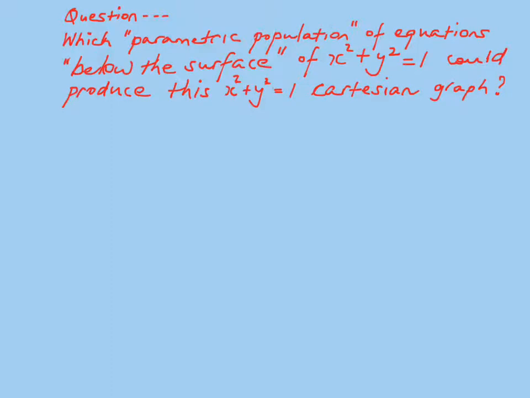Oh, goodness, I got another question. So what is this question? Which parametric population of equations, below the surface in the new world of theta driving the x squared plus y squared equals 1 equation, could produce this Cartesian graph? Well, I think we just had one before, didn't we? We said x was cos of theta, and we said y was sine of theta. Well, that surely is the one, isn't it? Well,